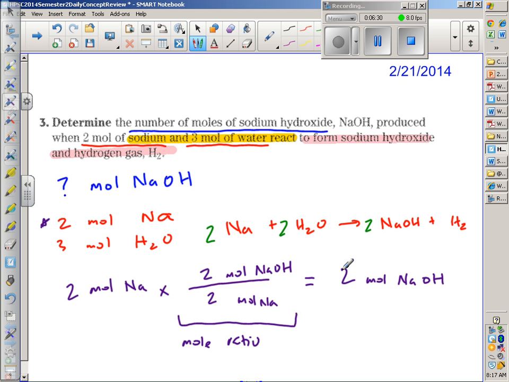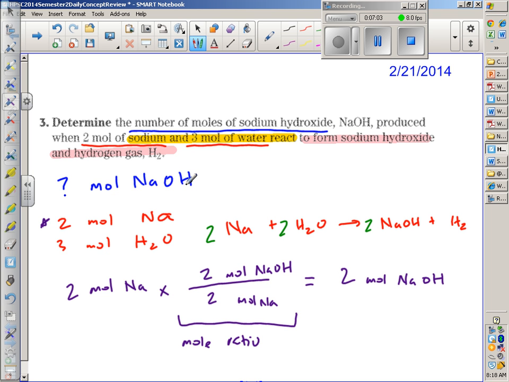Are we good with the process? I would expect you to be able to do everything up until the star, okay? I'm not going to make you decide which one you use, all right? But determining what's in there, getting the equation, especially if I gave you all of the formulas, I expect you to be able to pick out what are the reactants, what are the products, that kind of stuff, okay? Andy, go ahead. When it says 2 moles of sodium hydroxide at the end,